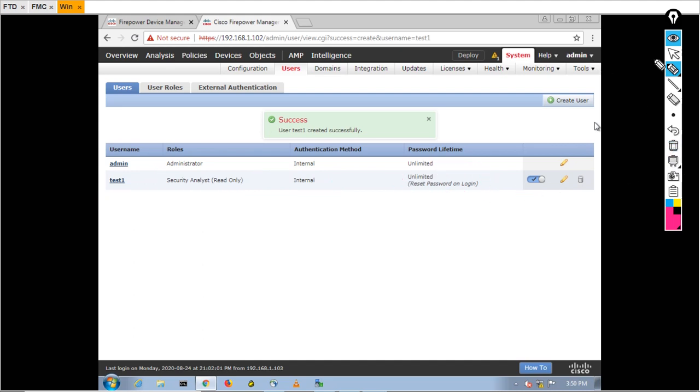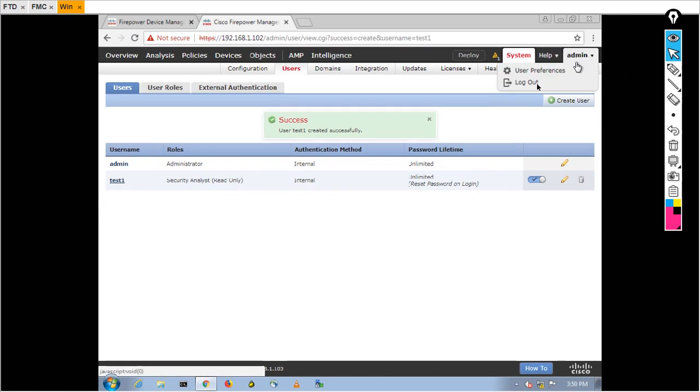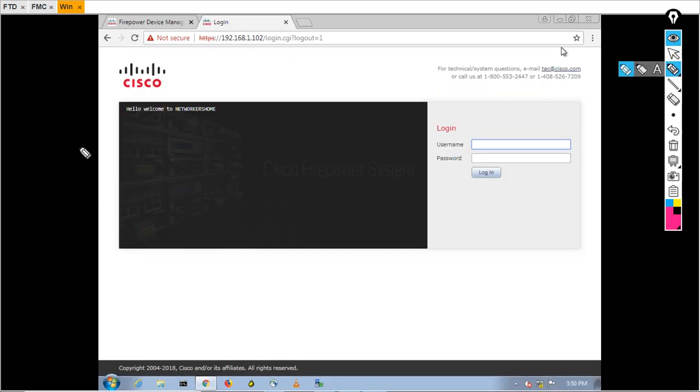Let's try. I am going to log out from admin. And one more thing you can notice here, this is the banner, hello, welcome to Networkers Home. We changed this in the configuration part in the login banner. Now I am going to log in with test1, and the password is admin123.